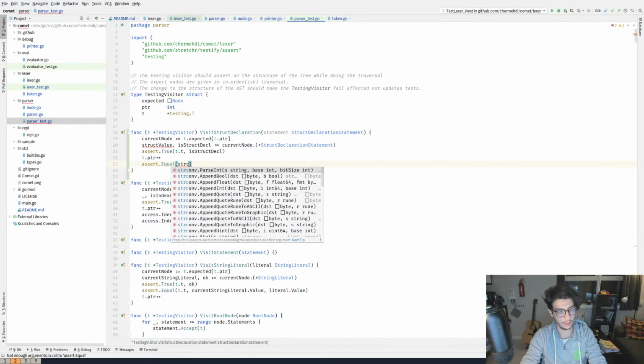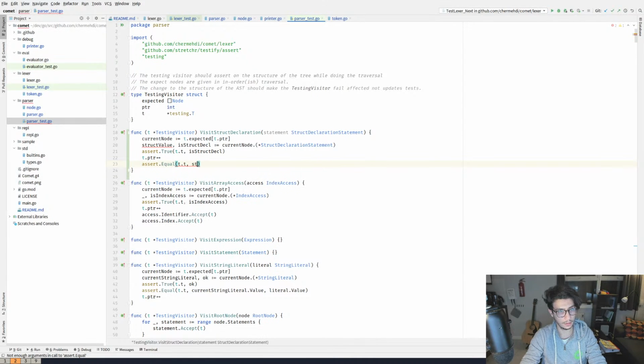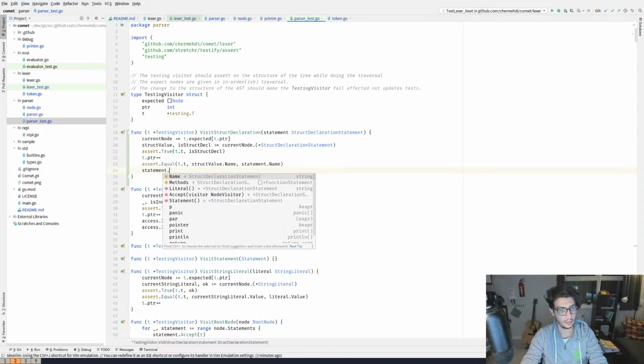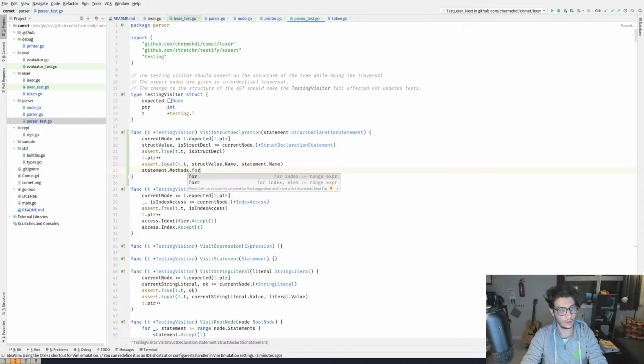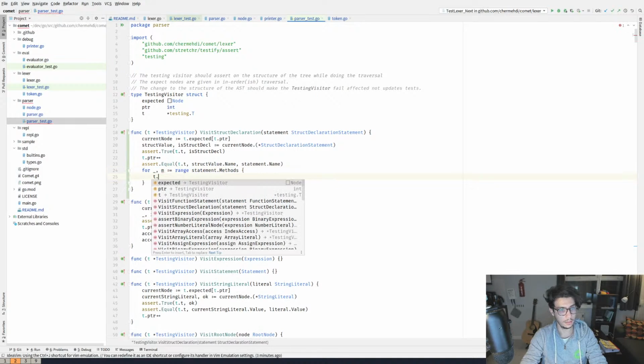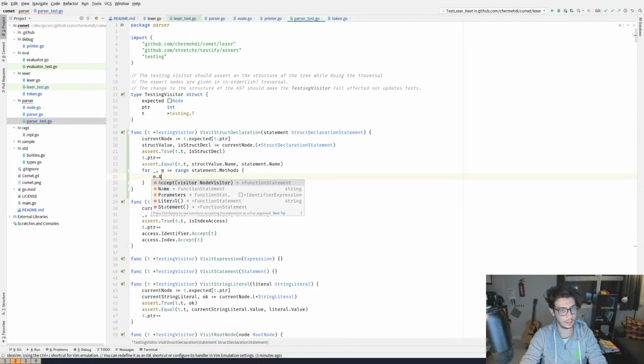The struct value t dot struct value dot name and statement dot name, and then for each of those, statement dot methods dot for t dot m dot accept, not m but t.